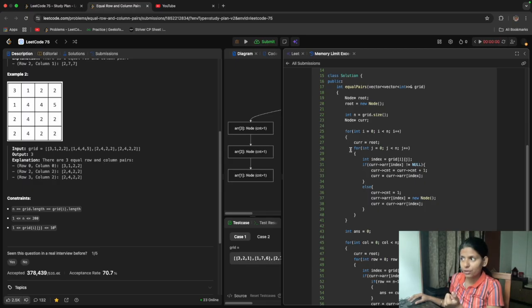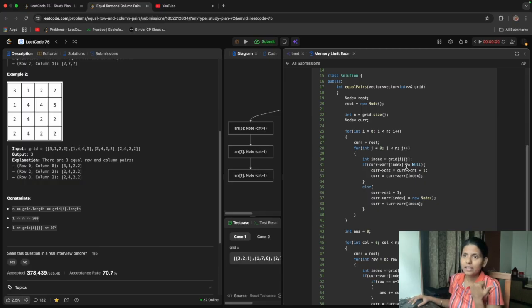I run a loop in which I am taking a row. For every row, I will start from the root node, so I took current equals to root, and then I'm going for every column. Here I checked, if that current array index, this basically means the current pointer, that is the node, if that array's index is not equal to null, it means it was present before.